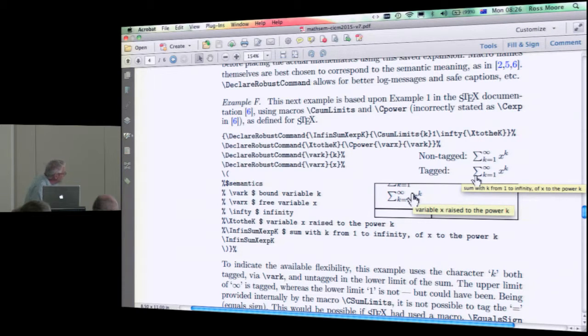Okay, so there's one that's basically doing the whole of the mathematics. So sum with k from, so that's picking up this macro, which is expanding into everything else, and there's its expansion, but you can move into pieces. Okay, so that one, you've got to find where the right place to put the mouse is. Okay, so bound variable k, x, find variable x, and then there should be variable x raised to the power